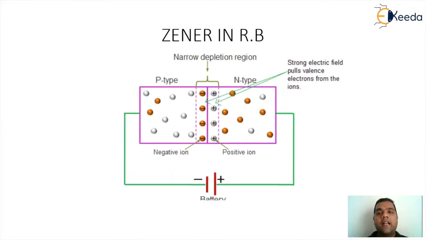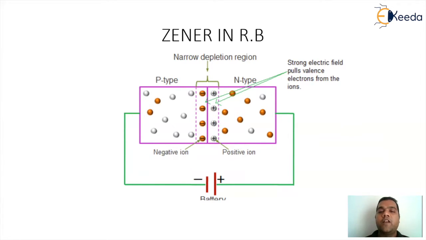So when you look at the diagram of the Zener diode carefully, it looks analogous to a normal PN junction diode, where the doping is P on the left hand side and N on the right hand side, and at the center you can see the impact of the potential barrier or the depletion region. But since the doping level is on the higher side, we will find that the depletion region in the Zener diode will be narrow, but the strength of the electric field inside the potential barrier is going to be very strong.